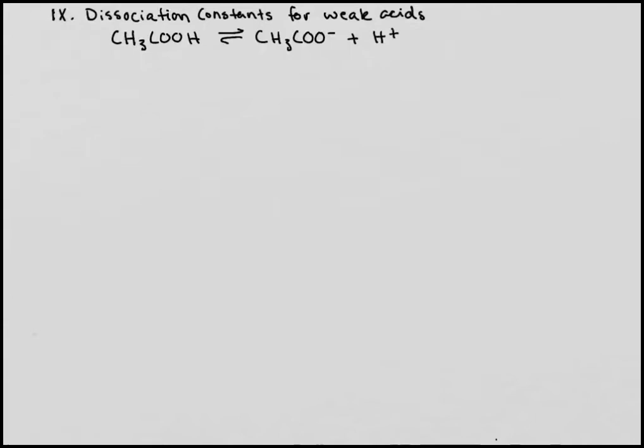We can write an acid dissociation constant for this, Ka, is equal to products CH3COO minus times H plus over